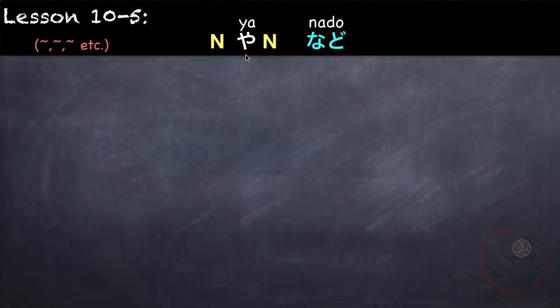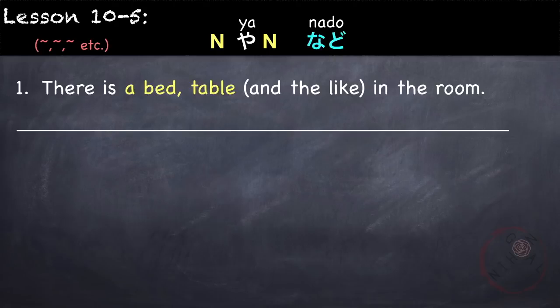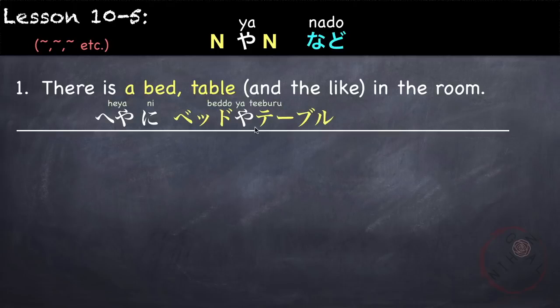as or things like that. など also means things like that or etc., or so on, but it is added mainly to wrap things up. Let's take a look at this example. There is a bed, table, and the like in the room. 部屋にベッドやテーブルがあります。